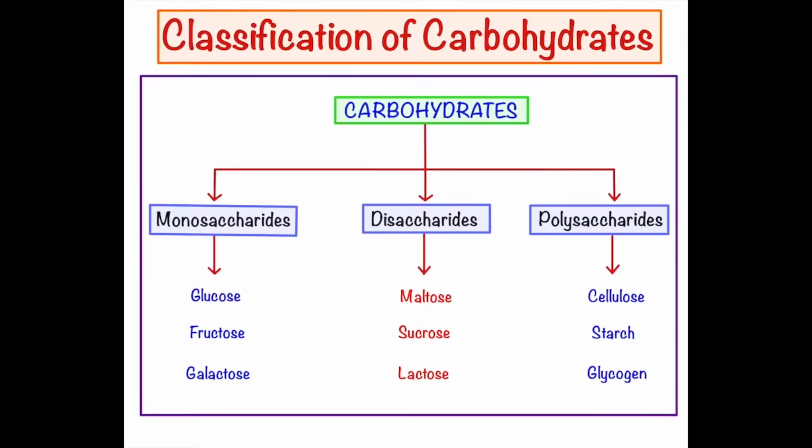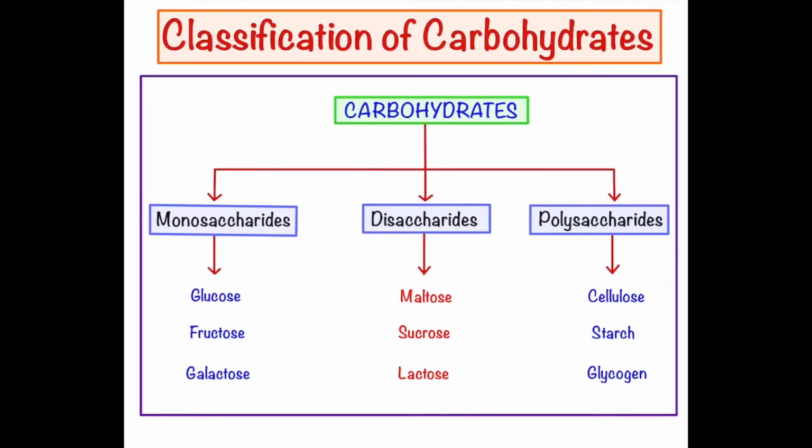Carbohydrates are classified into three: monosaccharides, disaccharides and polysaccharides. Most biology syllabuses cover monosaccharide, disaccharide and polysaccharides as the classification of the carbohydrate, so I am covering these three only. But apart from this, carbohydrates are also classified as oligosaccharides, which I have not incorporated here. So we will focus on these three kinds of classification only, right?